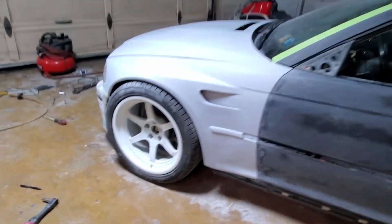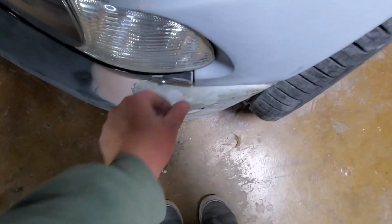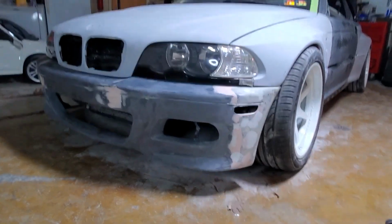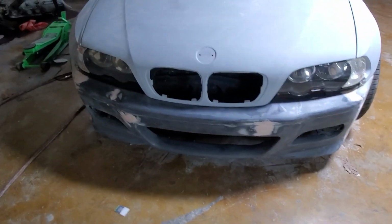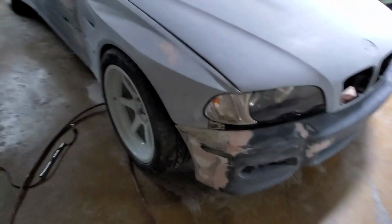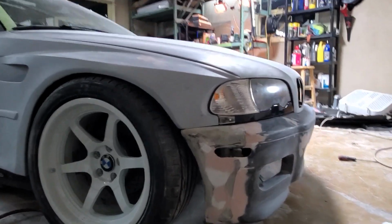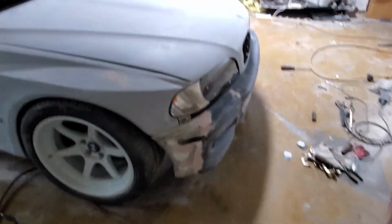Still need to do side skirts, but so far everything fits really well. The whole front end's coming together. So is this side. The hood is sticking out a little bit. I need to do something about it. I need to align it a little bit better, but